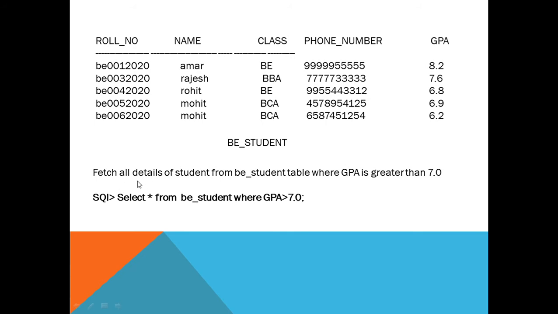Suppose I want to fetch only roll number for those with GPA above 7.0, then we write select roll number. Here I am fetching all details, all the columns, from the student B table where GPA is greater than 7.0. Now the SQL command will be select asterisk from BE student where GPA is greater than 7.0.